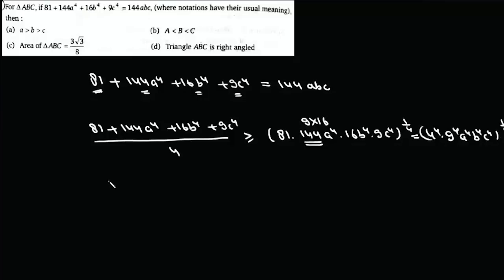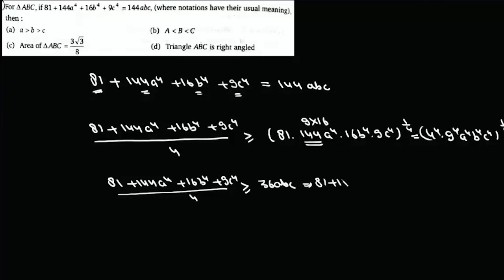So from here we can write (81 plus 144 a to the power 4 plus 16 b to the power 4 plus 9 c to the power 4) upon 4 will be greater than or equal to 36 abc, or we can write 81 plus 144 a to the power 4 plus 16 b to the power 4 plus 9 c to the power 4 is greater than or equal to 144 abc. But in the question we are given that there is an equality sign,